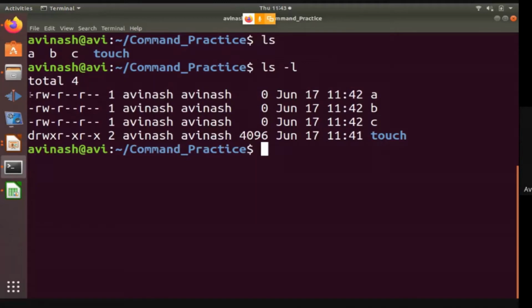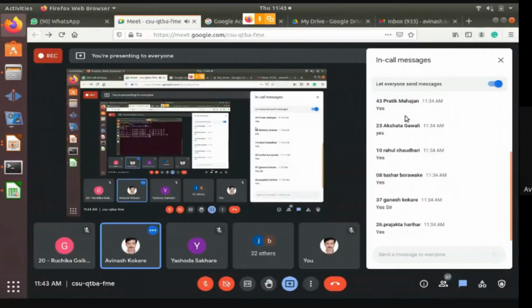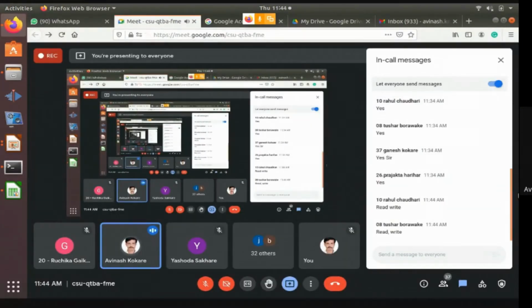The first few characters are like dash, rw, r dash. Here one more additional character is added, d and x. So basically the characters are r, w, x, d, and a dash. These are the five characters which are used. Can you tell me the meaning of r, w, and x? Yes, somebody? If you can guess the meaning in terms of files.